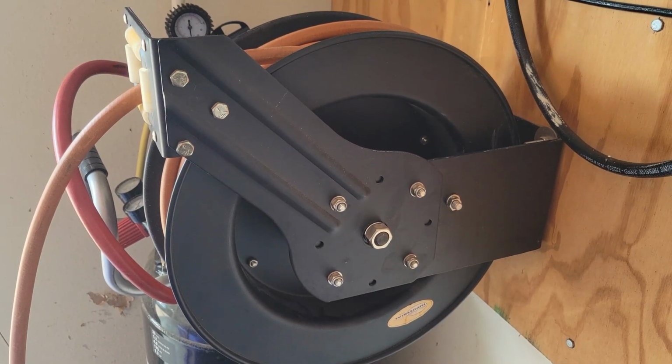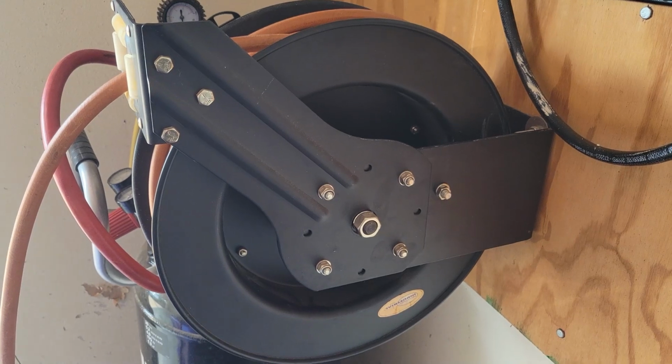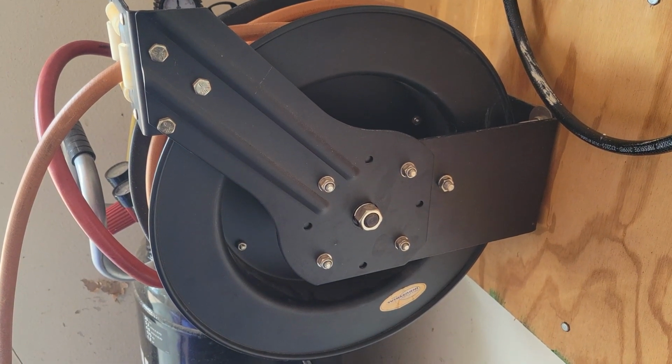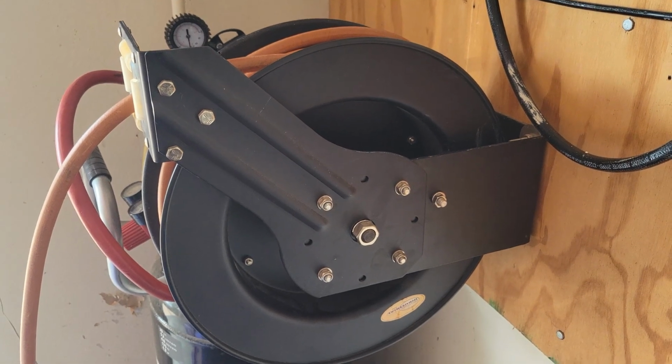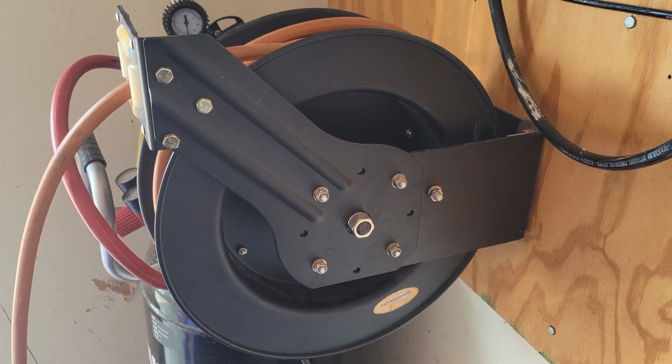Today we're going to play with our tools. We're not using our tools to fix something, we're using our tools to fix our tools. Anybody who's had a hose reel for quite a while, especially one that's not necessarily commercial grade, has run into